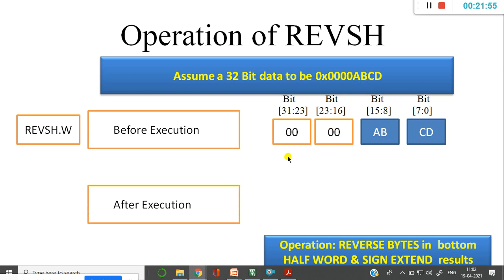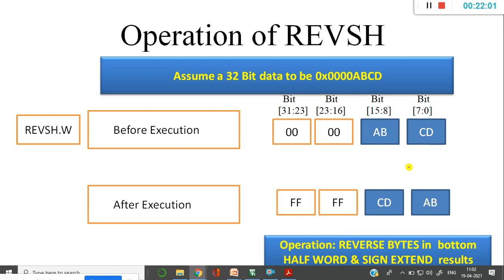Now after execution, this is how the output looks. Sign bit extension. These two get reversed because of H, half word. The half word is going to be executed. These two data get reversed.